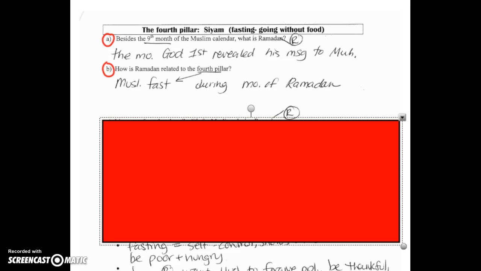So this page has information about the fourth pillar, and I circled items A and B because people often miss or are a little off on those questions. Maybe you switched around the information. Maybe you have what I have under part A with B, maybe not. So, anyway, this is the information you should have, and so fix your notes if you need to.